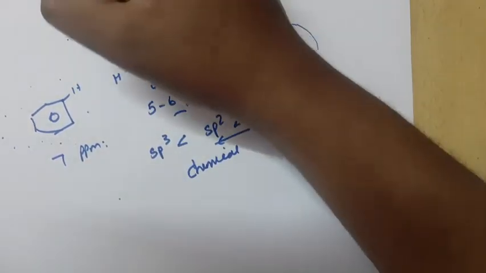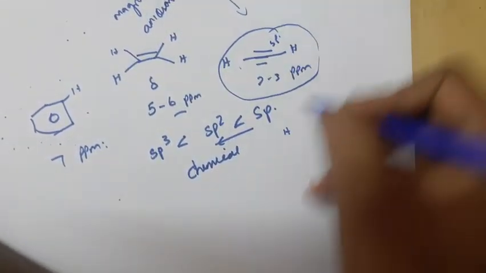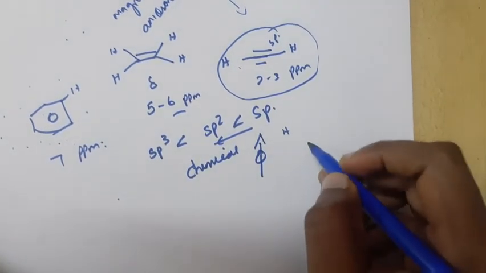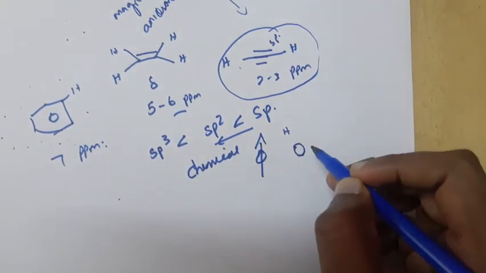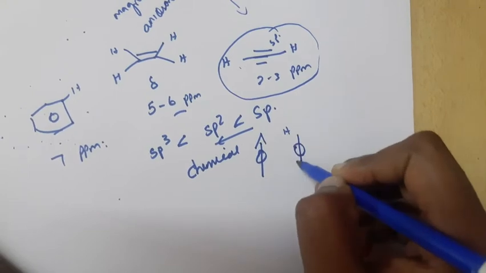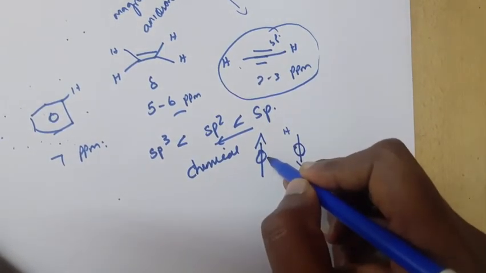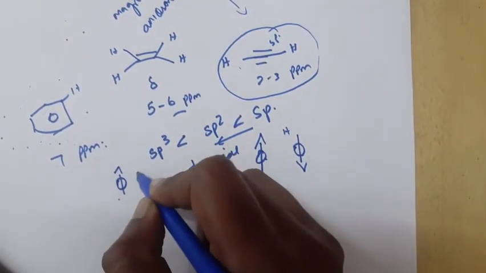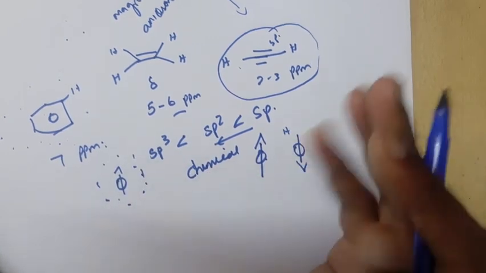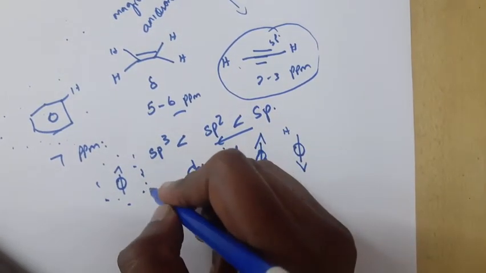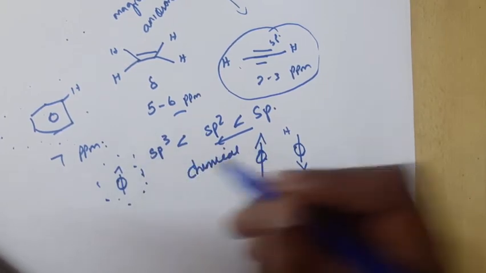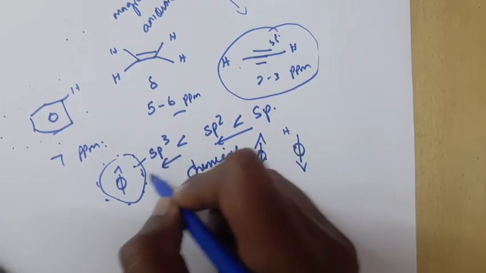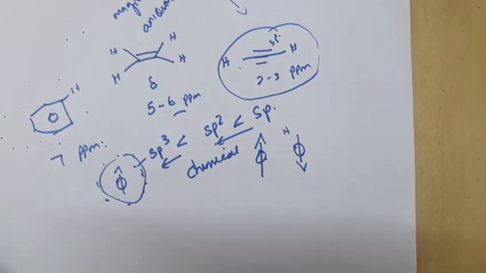See, I already told you in my last video that NMR is due to the spin of the nucleus, and it's going to be affected by the neighboring nucleus of the target nucleus. Also, the nucleus spin is affected by the electrons around the nucleus. Electrons are also charged particles. When they move, they also produce a magnetic field, and that magnetic field is going to shield the applied magnetic field we apply during the